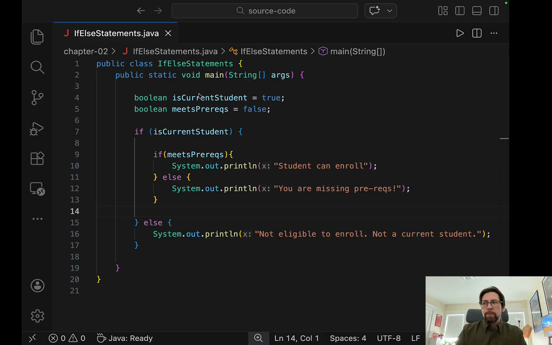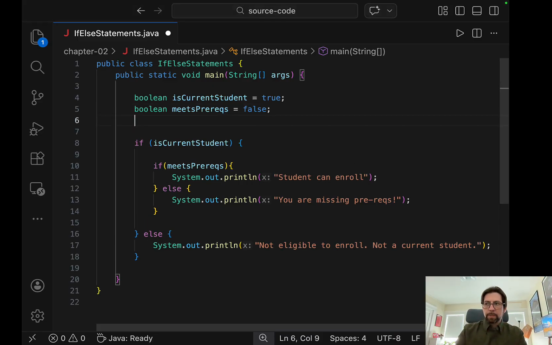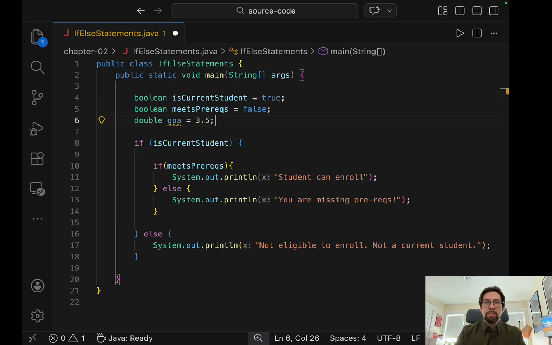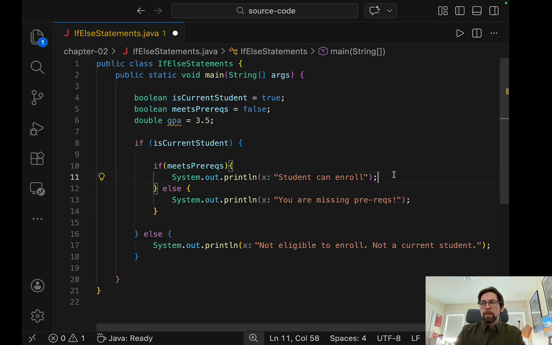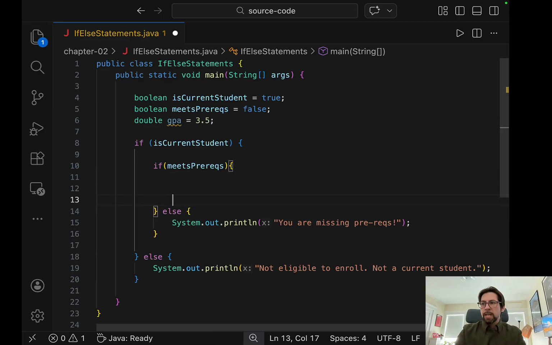Additionally, in addition to prerequisites, let's say that there's also a GPA requirement. So in addition to meeting the prereqs, you also need to have a GPA of a certain amount. So now that's another condition that we need to clear in order to enroll in those advanced level classes. So if we take out that student can enroll statement and instead add in a second nested if statement, so in this case, GPA is a